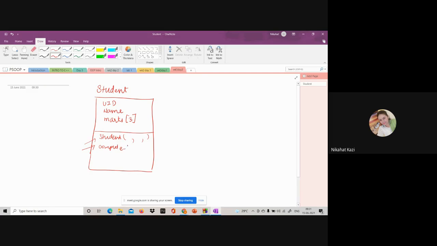There will be one method called computeTotal, which will give you the total marks. What else can we do? We can create an array of students. We will not have just one student, but multiple such students. So in main, we will create an array of students.